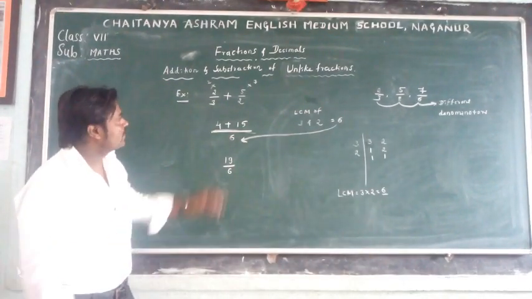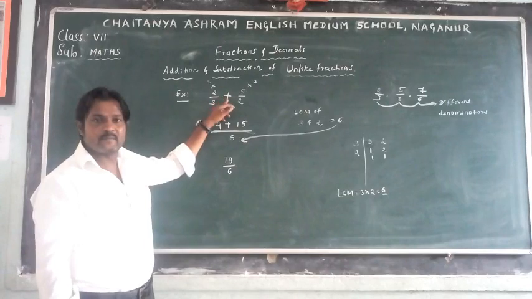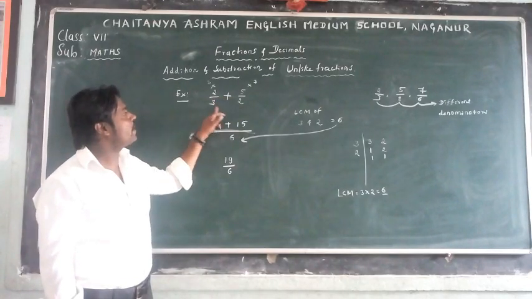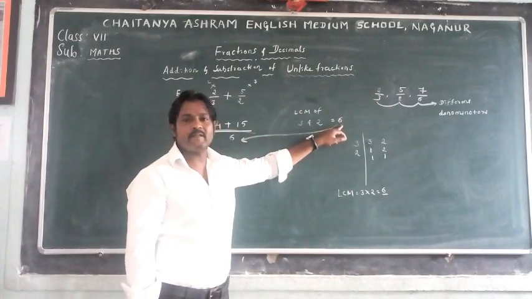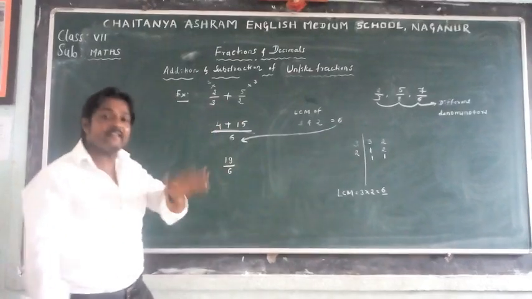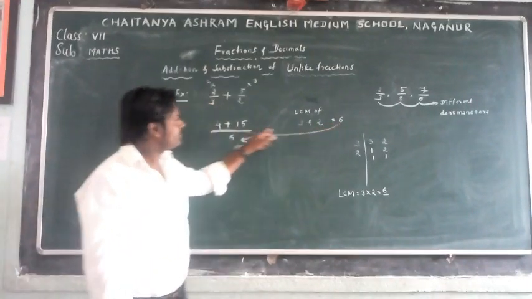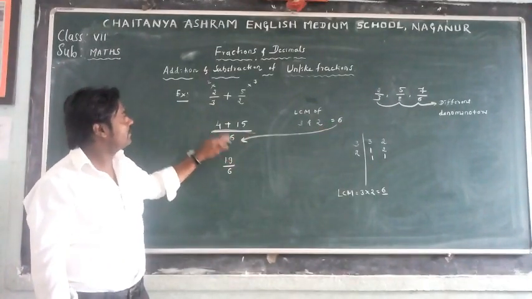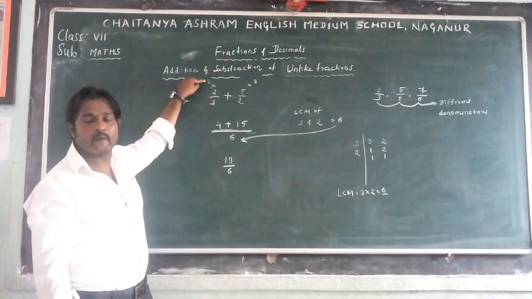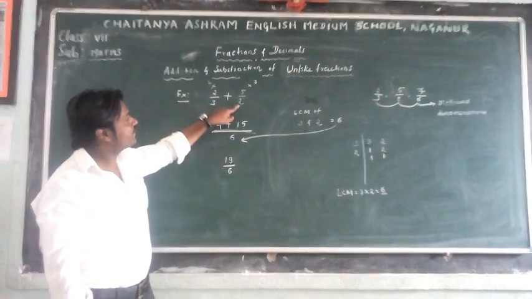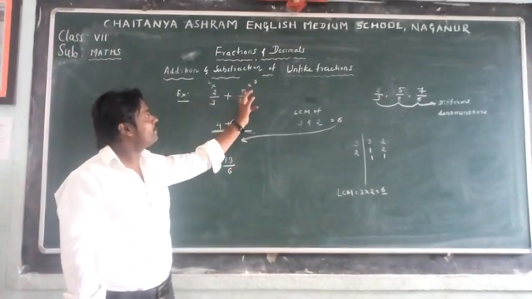First step: the fractions are unlike, so to add or subtract, we first find the LCM of the denominators. Understood? Here we obtained the LCM of denominators 3 and 2 as 6. Then in the next step, make a fraction and in its denominator write the LCM, 6. Then come to the first fraction. 3 times how much is 6? 3 twos. Write that 2 over the numerator. 2 times how much is 6? 2 threes. Write that multiple over 5.